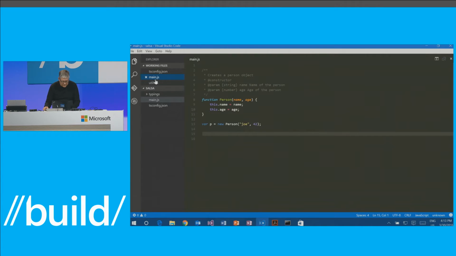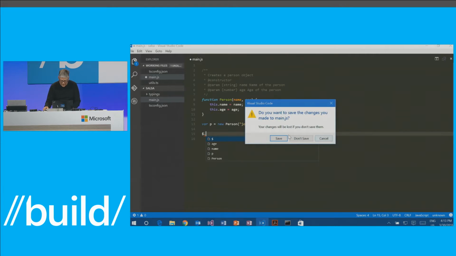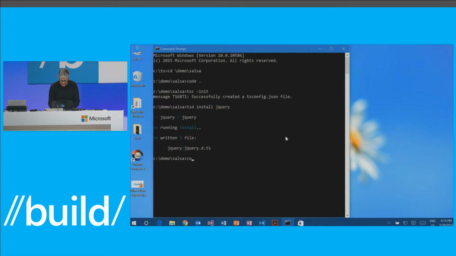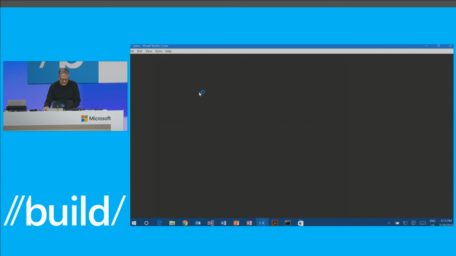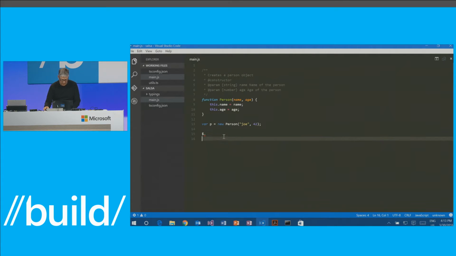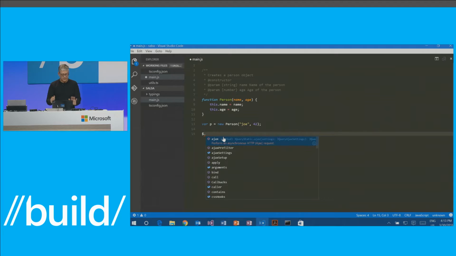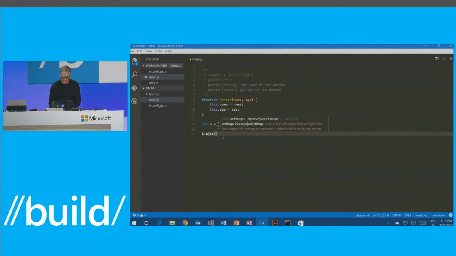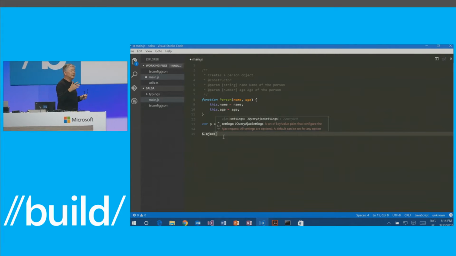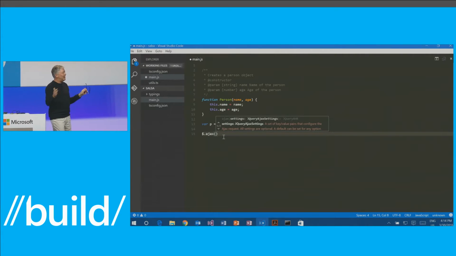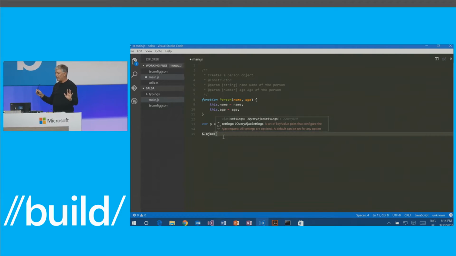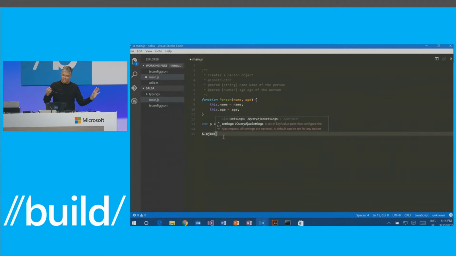Try to do that. Sometimes it picks it up, sometimes it doesn't. No, we need to reload the project, so let's save it. Restart it, like that. Okay, and now if I say $, lo and behold, I get statement completion for Ajax, and it tells me all of the things that can come next. And this is basically just leveraging work that's already out there, but not forcing you to switch to TypeScript. It can all be JavaScript if you like.